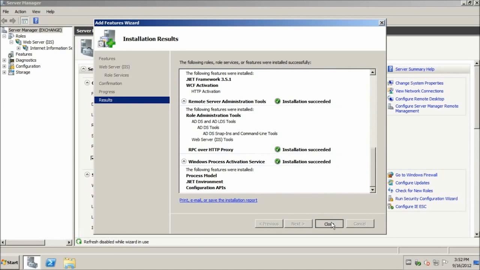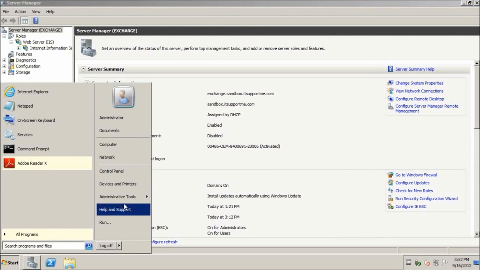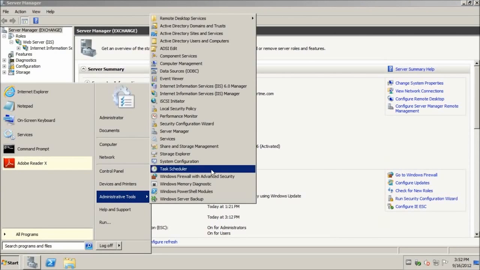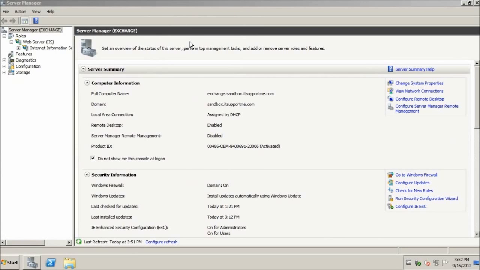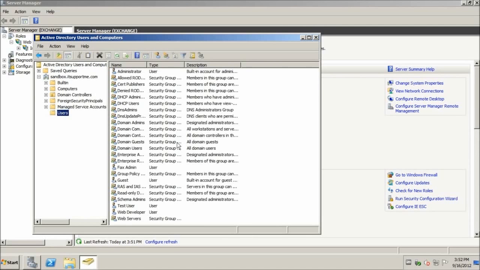So just hit close. And one more thing I want to point out to you guys: if you're setting this up using an account that is not an administrator, I mean administrator, exactly, administrator, not a domain administrator or some other account, then you'll have to grant your account certain permissions, or it has to be added to one of the predefined groups in a domain. And the group that I'm talking about is the enterprise admins and